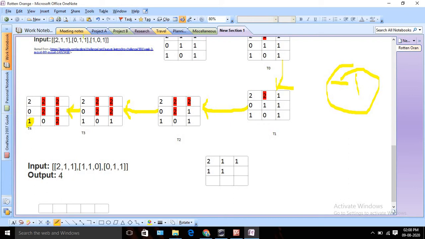So let's try to solve our problem, or let's try to write some algorithm. We are going to solve the first example, so let me quickly fill this up. Let's try to build our own algorithm for it. I am going to use the first example, but we will keep these cases in mind also. So this is our example 1, and this is time 0.